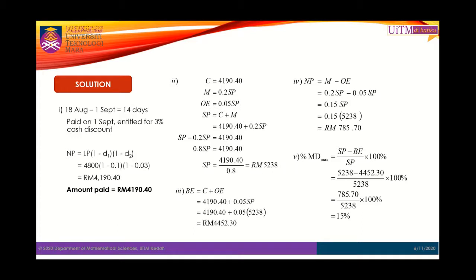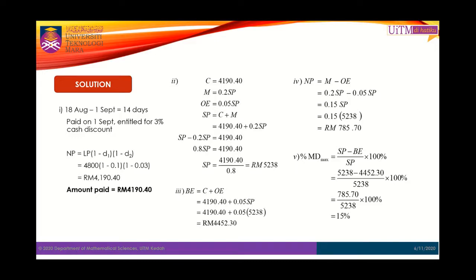If you know that the net profit is based on the selling price, not on the cost, then you can determine that the maximum markdown percent will be the same as the net profit percentage on selling price. This is true if you check